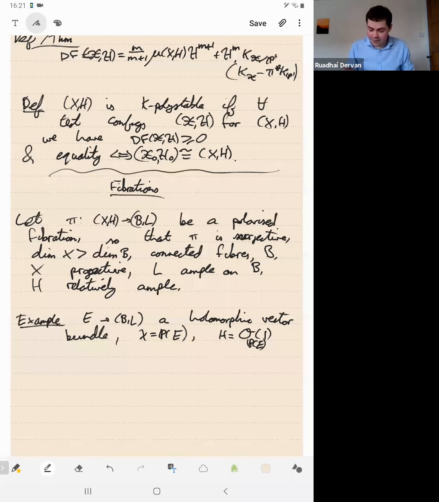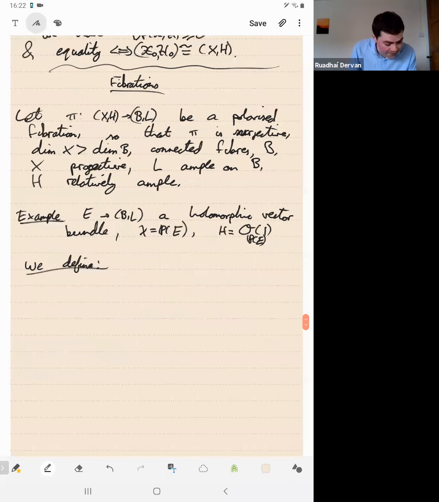So, okay, there's a deep theory of the study of vector bundles in complex geometry and algebraic geometry, but it seems there's much less of a serious theory of fibrations, and that's what we were trying to develop. In some sense, fibrations through, for example, the minimal model program seem to be the key to understanding higher dimensional geometry, and so we want to study fibrations in their own right. So let's give you an idea of what's to come.